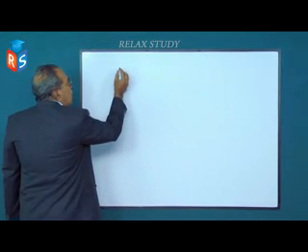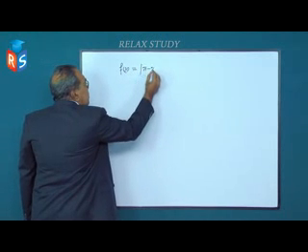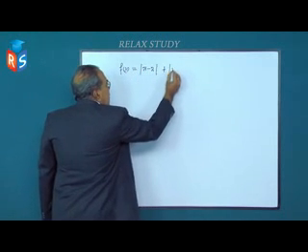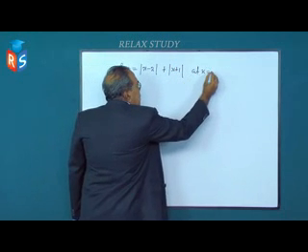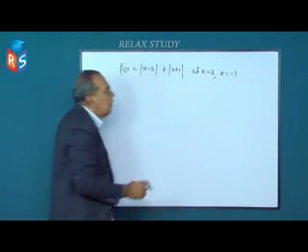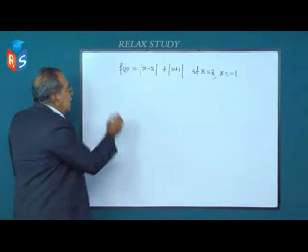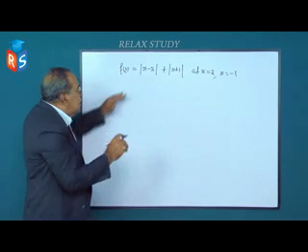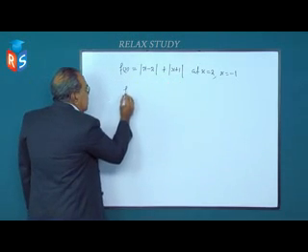Discuss the continuity of f(x) = |x - 2| + |x + 1| at x = 2 and x = -1. The function. We can divide this function into various forms. f(x) is equal to